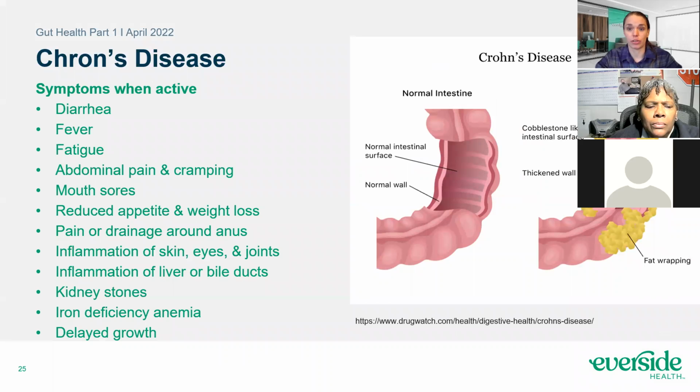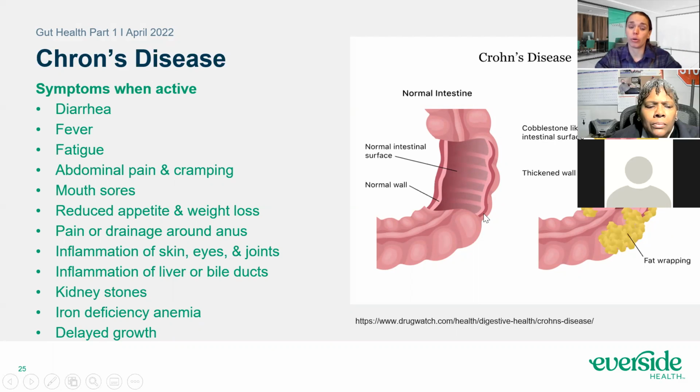So Crohn's disease first. Here's a side picture of the intestines. You get this inflammation. So here's normal. You get this inflammation, this swelling. It's impacting every layer. You can get cobblestone kind of surfaces inside the intestine. You can get fat buildup along the sides, and that's going to squeeze and cause those